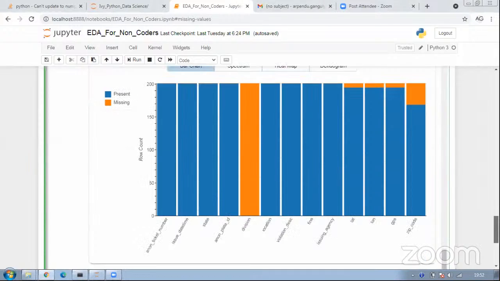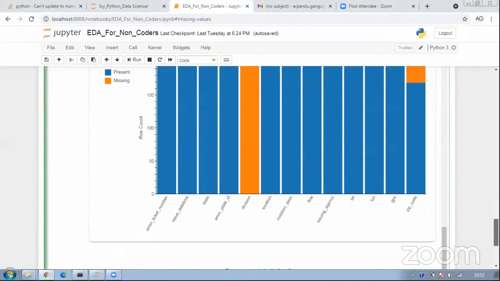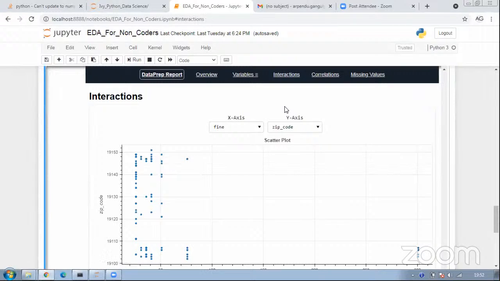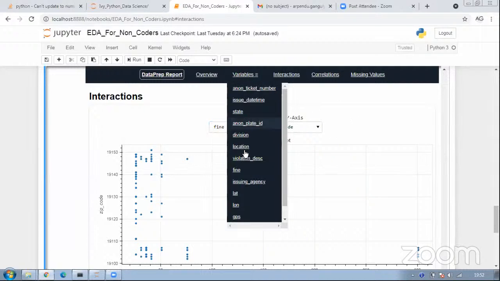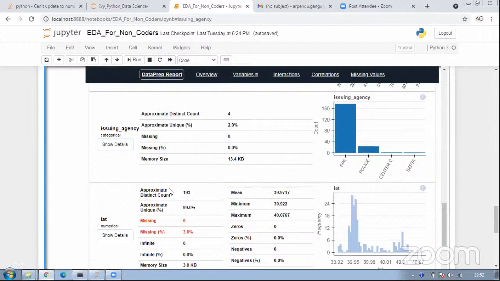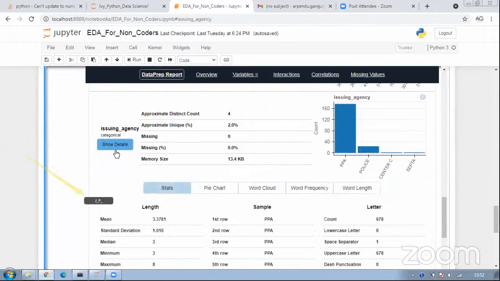So instead of writing separate code, let's say I want to see the interactions between the variables, instead of writing separate code for visualization, I can just have this as a drop down and find the interactions, right? Or if I want to study a particular variable, like in this case the fine, or the string agency, I can just go and see what the distribution is like, what is missing, and all of that, right?